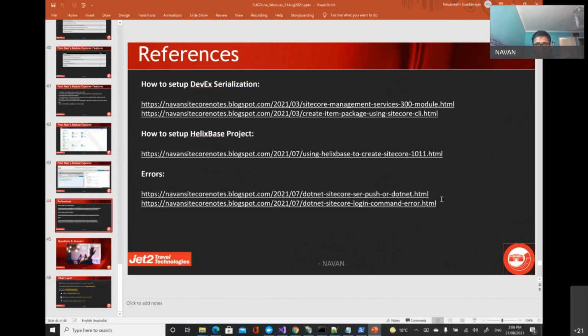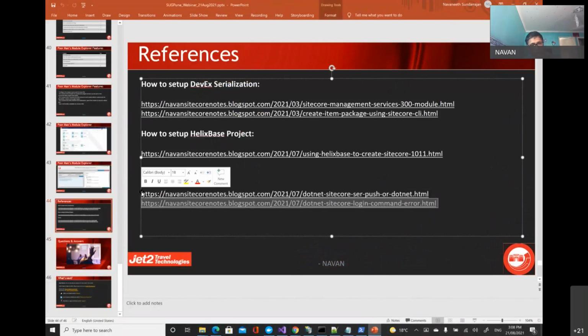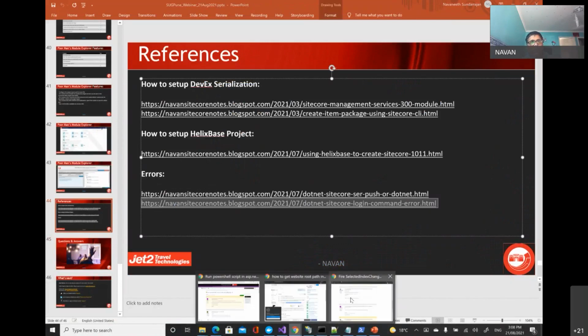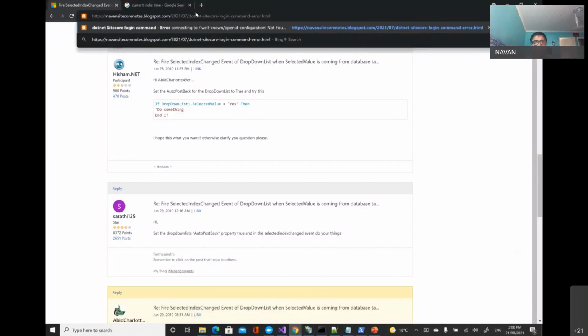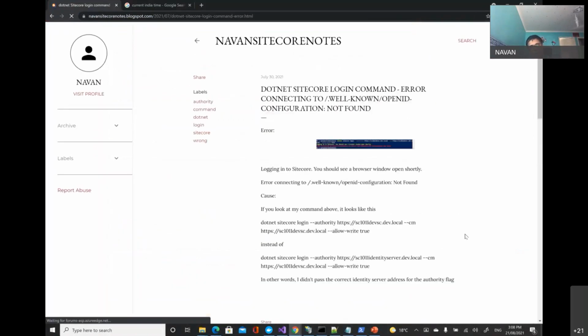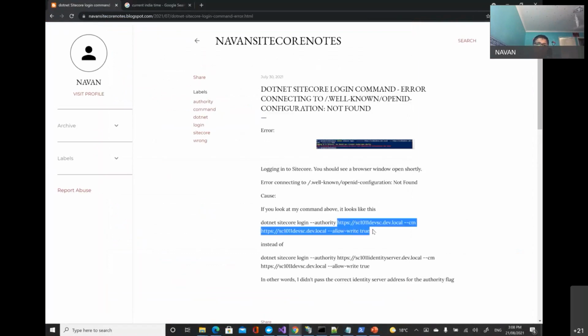Some of the issues that I faced while working with serialization was like I sent a wrong ID server URL, and then that was throwing an error, and it took me a lot of time to find out it's because of a wrong ID server. So things like these can be foregone because the tool automatically generates this script for you, and you don't need to put the ID server URL or the CM instance URL. So I'll push this to GitHub, but I can show a quick demo.